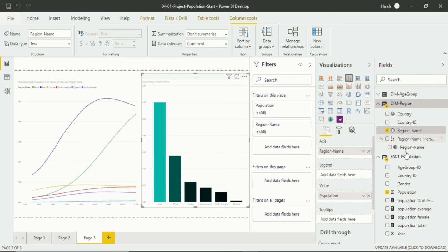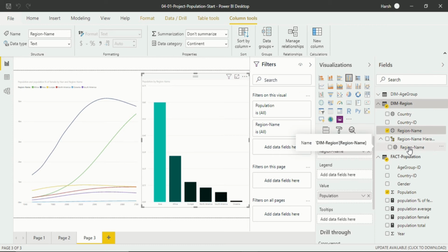Specifically you will get two columns, but I want a country in this region name hierarchy, so that I don't have to put it into an axis every time to see the visualization. I put just one axis, and after that the visualization will be introduced through the hierarchy. So how do you introduce the country name into the region name hierarchy?